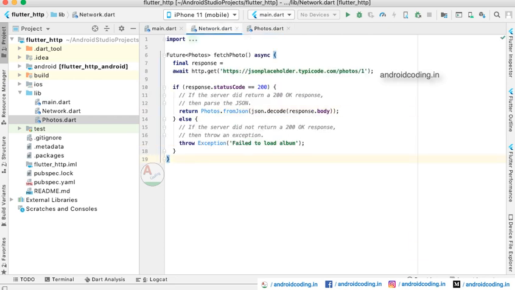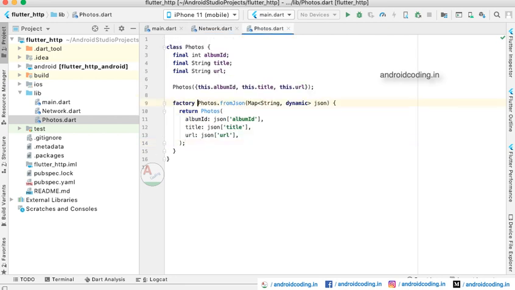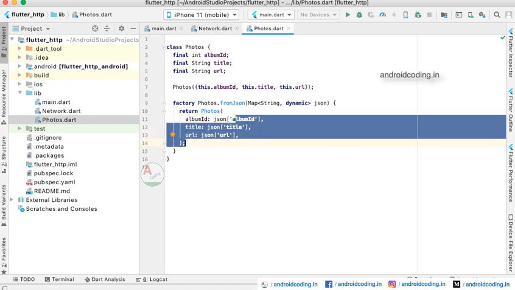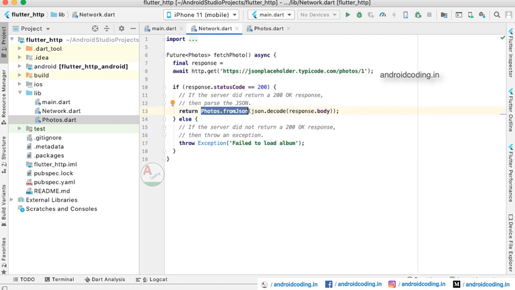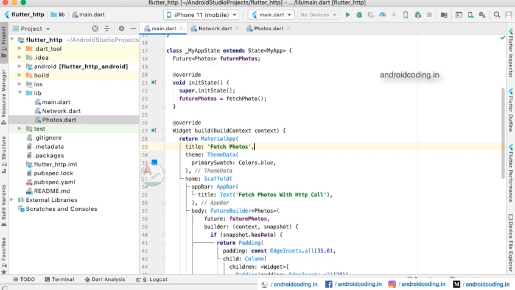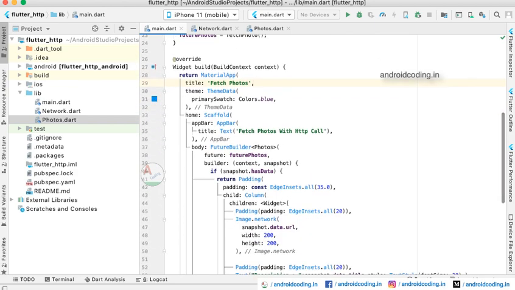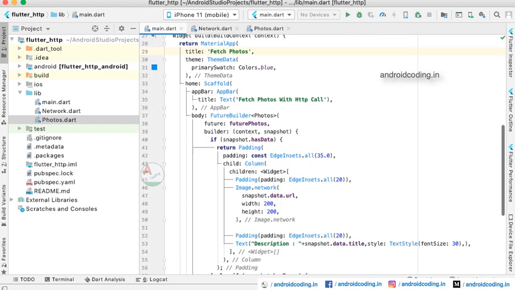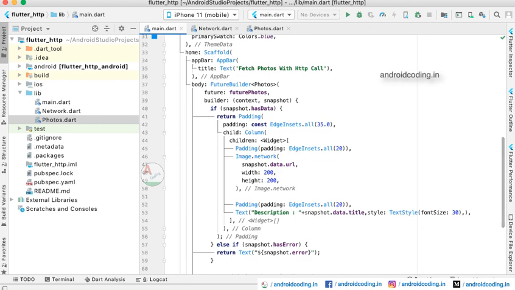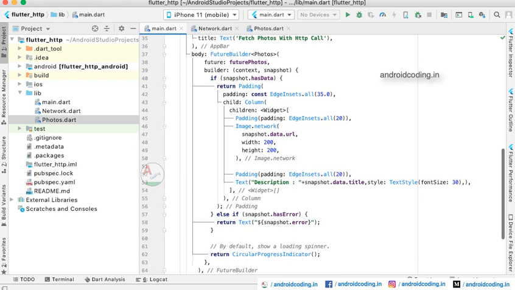And if the response is a success, we will return it. Here you can see Photos.fromJson, where we will parse the data accordingly, and if it fails we will throw an exception.